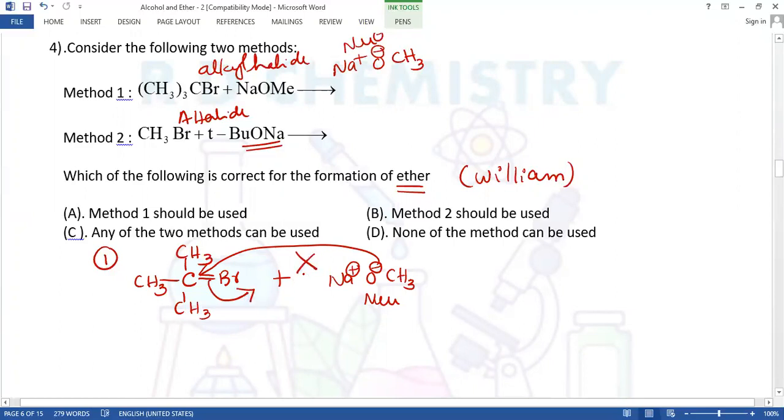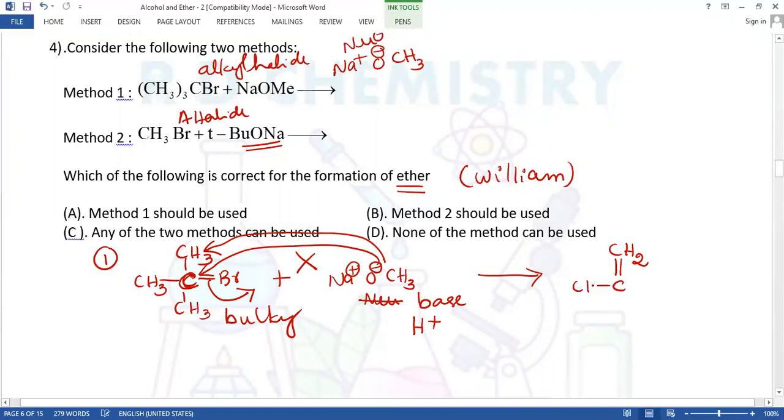But this is not possible. Why? Because the alkyl halide is a bulkier molecule. The nucleophile cannot come closer to the carbon atom. Bulkiness is more, therefore it cannot act as the nucleophile now. It acts as the base. What is the use of a base? A base generally takes up H plus ion. So it can take up the acidic hydrogen present on the neighboring carbon atom. Therefore, we expect the dehydrohalogenated product. That means it should form an alkene.